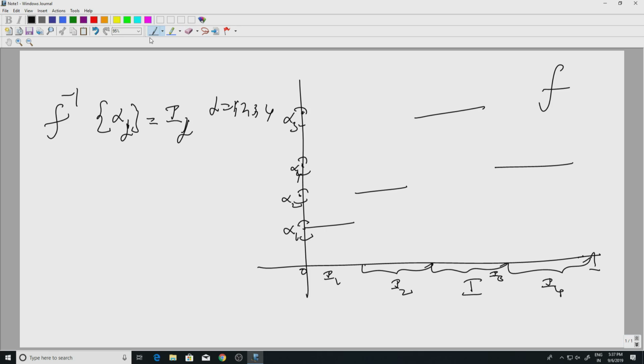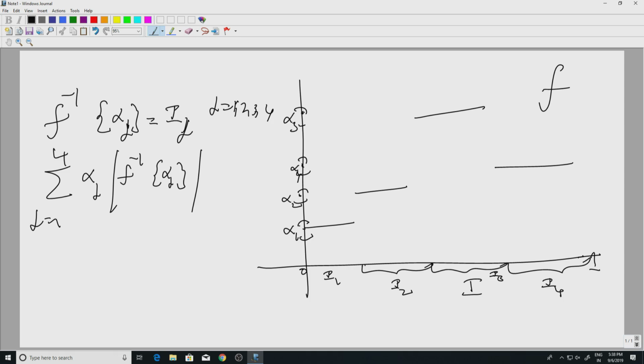Now, the Riemann integral can be written as the sum where you multiply the values alpha j with the length of the inverse image of alpha j, and then you sum up. This is a set, right. We are taking the length of that set. So, this is Lebesgue's approach. You decompose the range of the function into smaller pieces, and look at their inverse images. You need to have a length function associated to the inverse images of these sets.